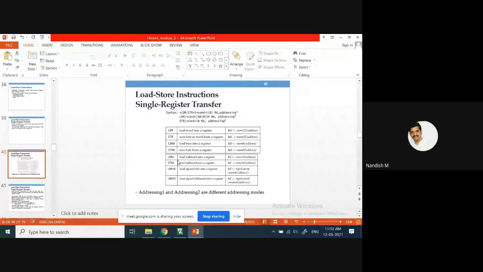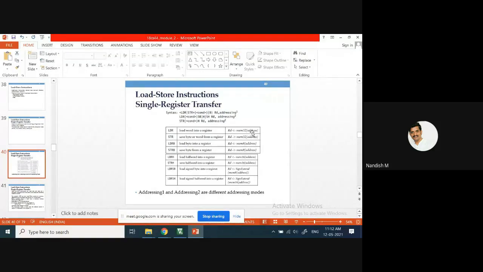See here, you can see this table now. LDR is nothing but load word. Word is nothing but 32-bit here. That goes into the register, from the memory address. Everywhere the convention they have followed is mem32 of the address within the brackets.